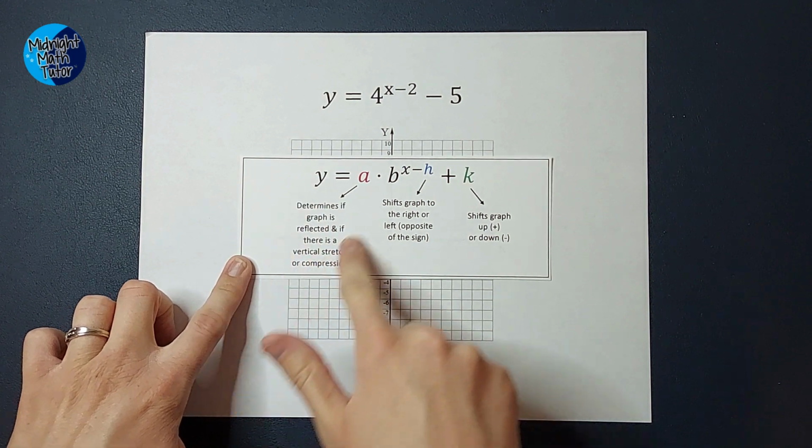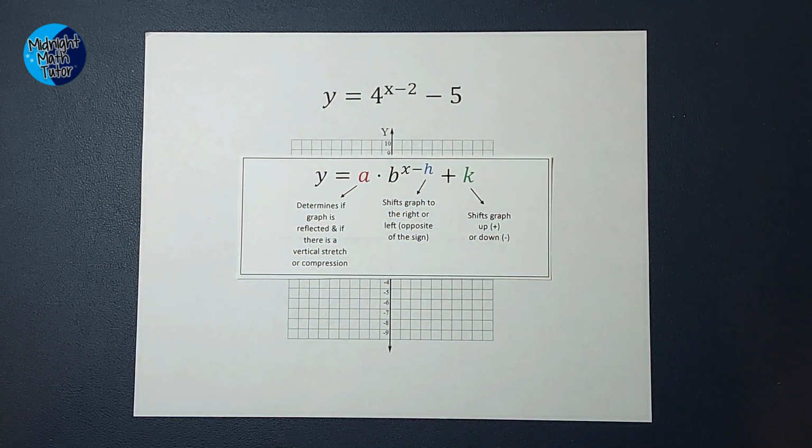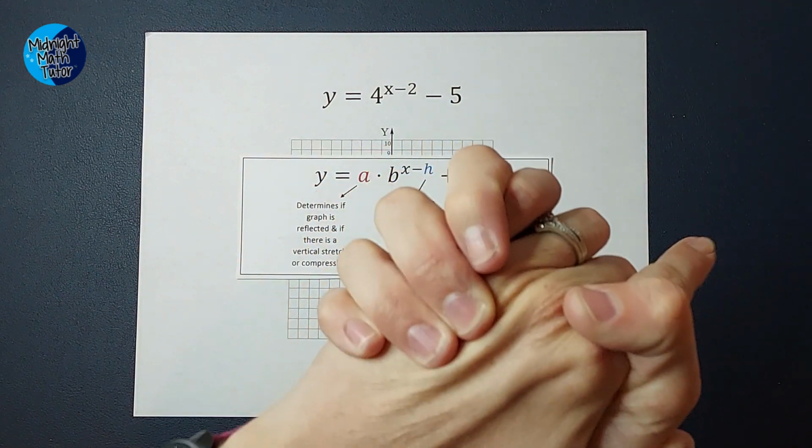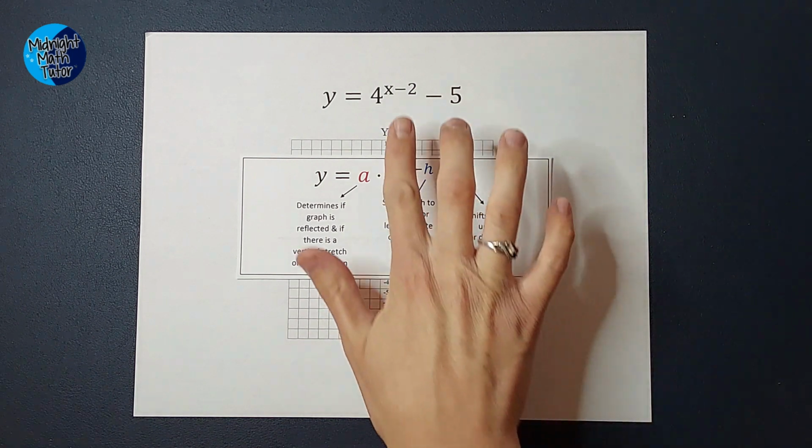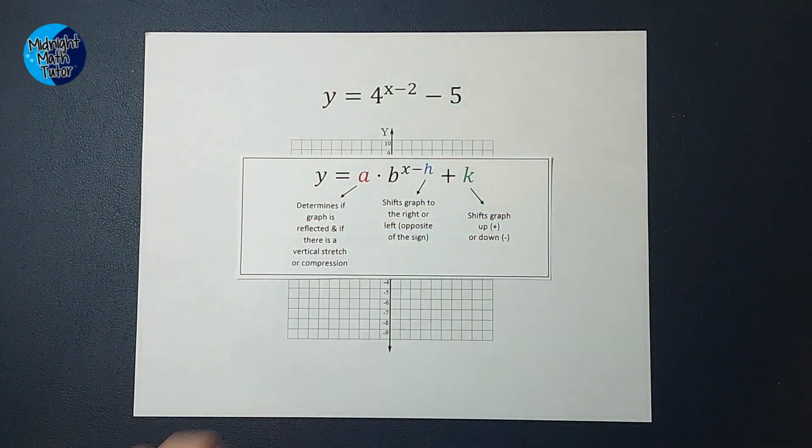In this one, we don't have an a out front. Well, it's technically a 1, so we don't really have to worry about it, right? I will link a video in the corner where this does apply. It can change what my graph looks like, and it can also reflect it, okay? But that doesn't apply here. What we are going to do is figure out what my graph is going to do after I figure out